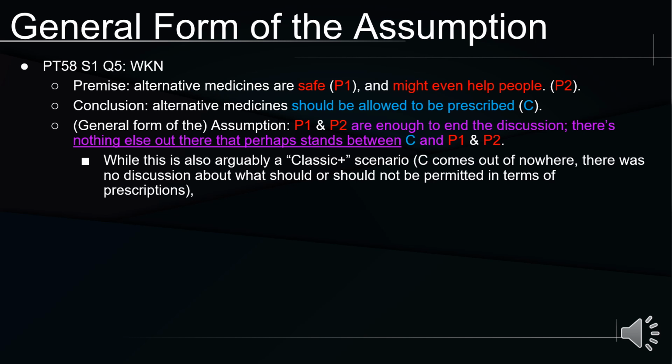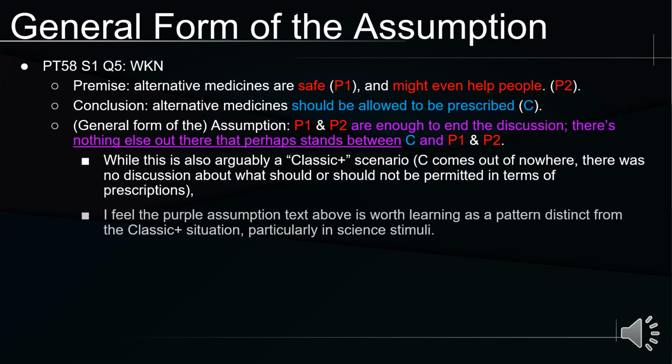So while this is also arguably a classic plus scenario, because you can see that C doesn't really talk about P1 and P2 directly, and it just kind of attaches concept C, the prescription recommendation, out of nowhere. I feel the purple assumption text in between is worth learning as a pattern distinct from the standard classic plus situation, particularly for science stimuli, because I just feel like me saying that has helped more people than not when it comes to untangling these reasonable sounding science